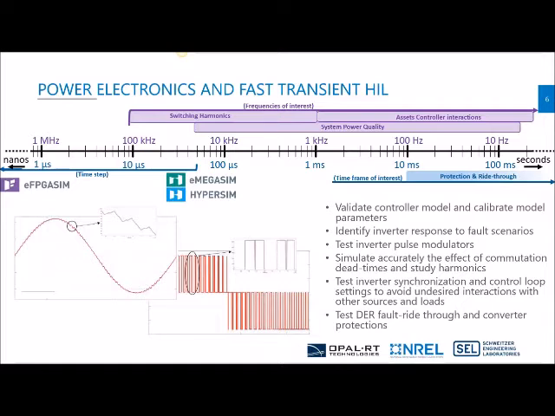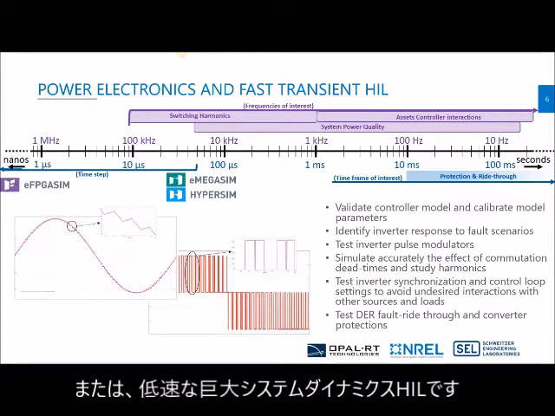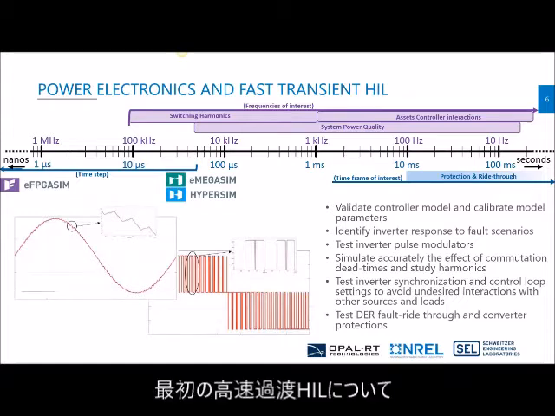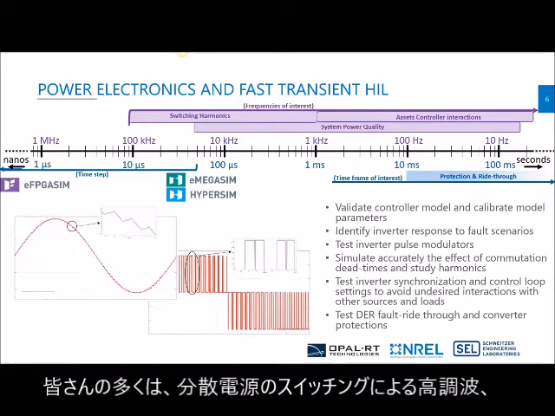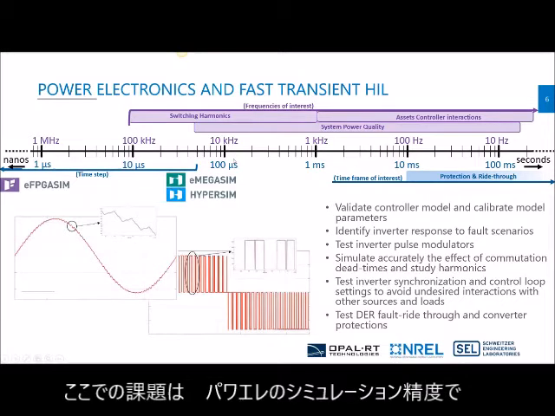Okay. So the typical studies that you would do based on these hardware in the loop test beds would involve either fast transient HIL, control and protection HIL, or large system dynamics slow HIL studies. So the first one, fast transient HIL, is mostly you're interested in studying switching harmonics, controller interaction, system power quality of each individual DER. Over here, the challenge is really